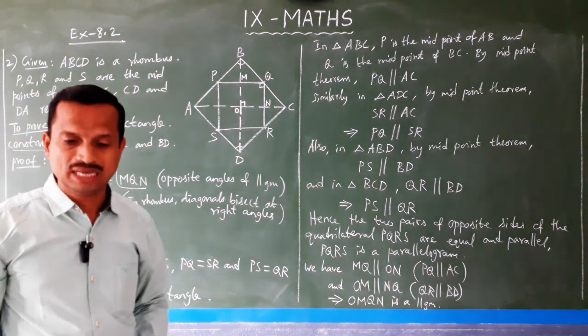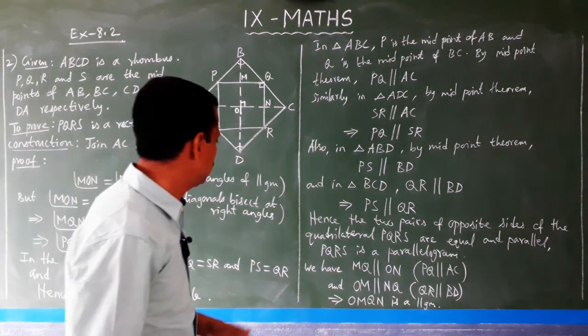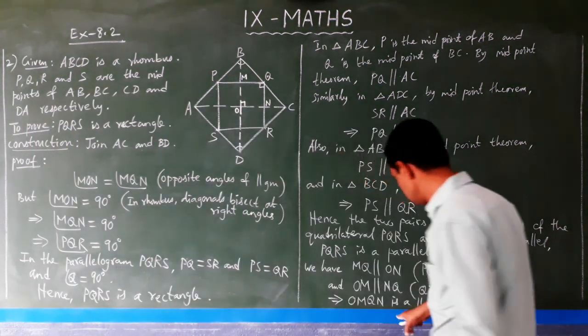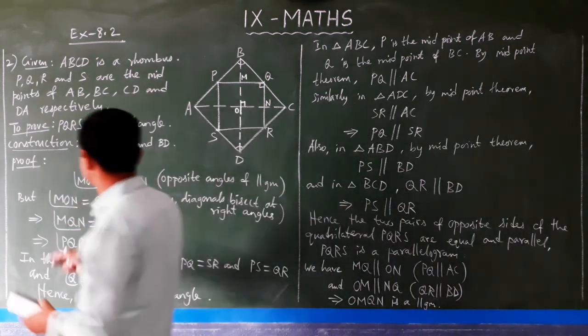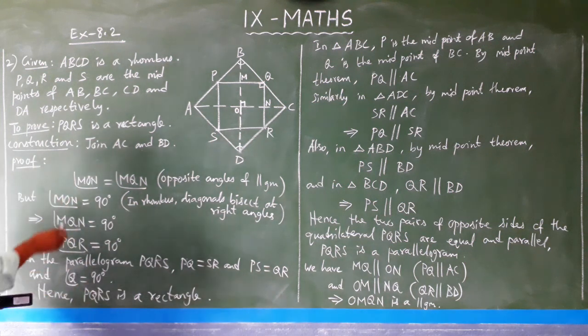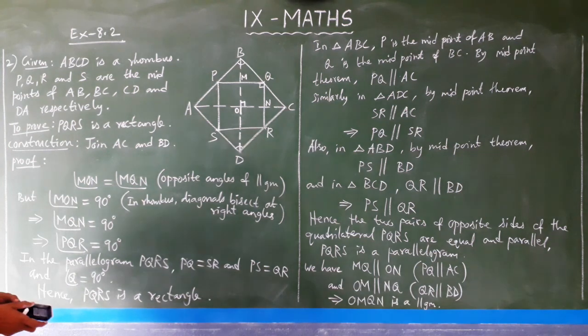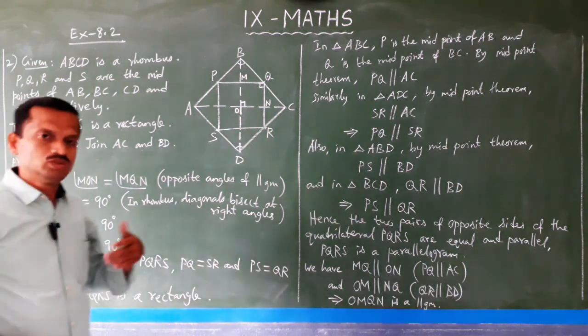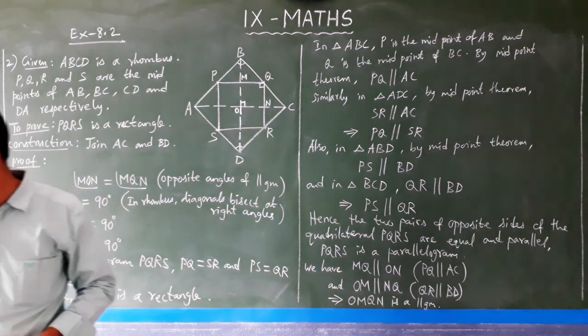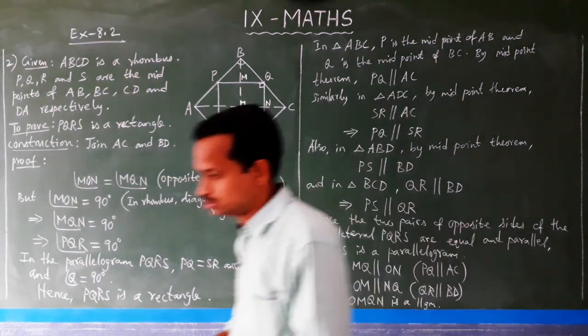That's all. So like that, we have to do question number 3. It is given that ABCD is a rectangle. After finishing this, you come to here. From here you have to start and finish it to this. So this is the proof of question number 2. And in 3, it is given that ABCD is a rectangle. I will explain to you.